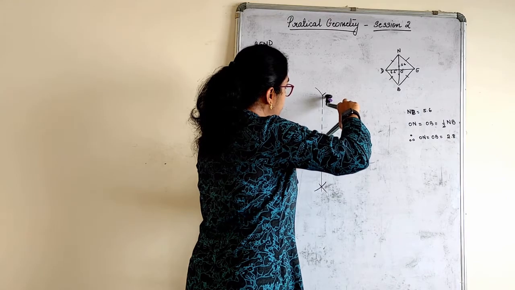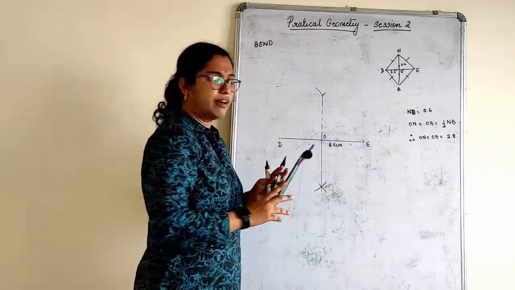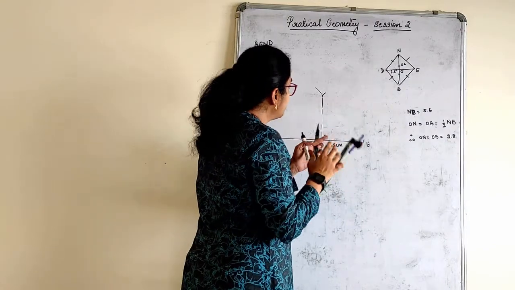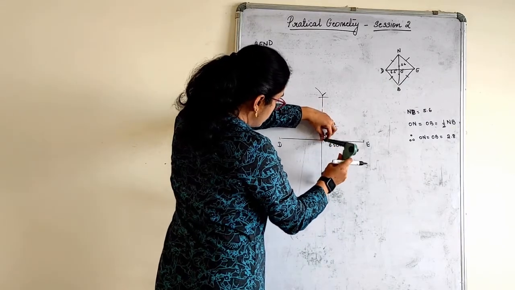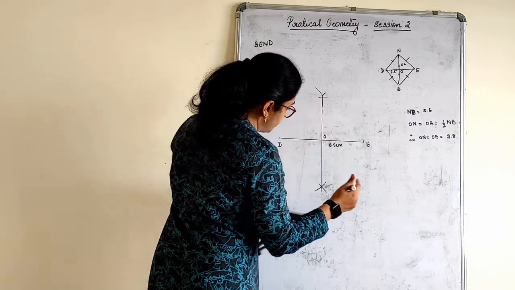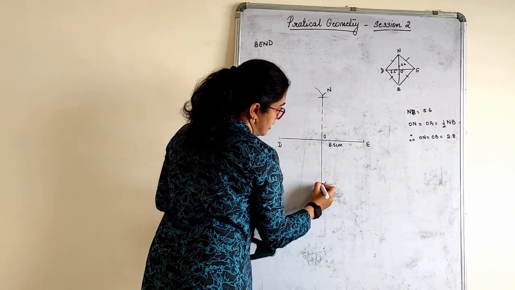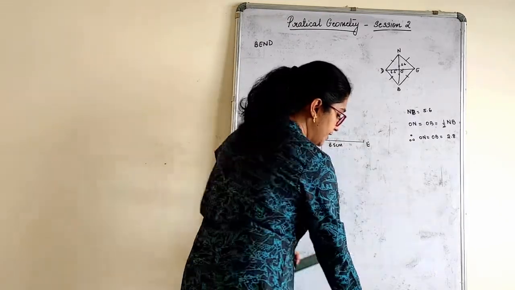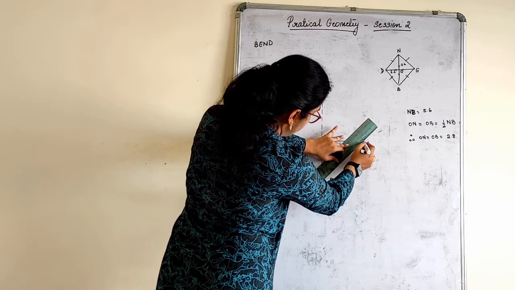See, if your line is cutting here, fine. If your line is going beyond that, extend this line and mark the same. So I'll consider here my 2.8 is cutting here. Let me see here where it is cutting. It is cutting at this point. It's cutting here. So this point is my N and this point is my B. Got the points of intersection. Now what we have to do? Now we have to join them.